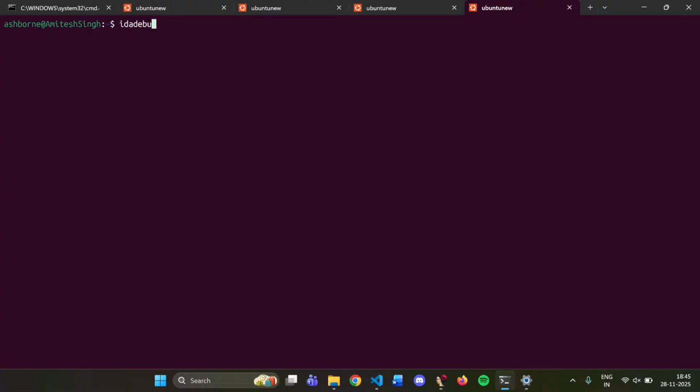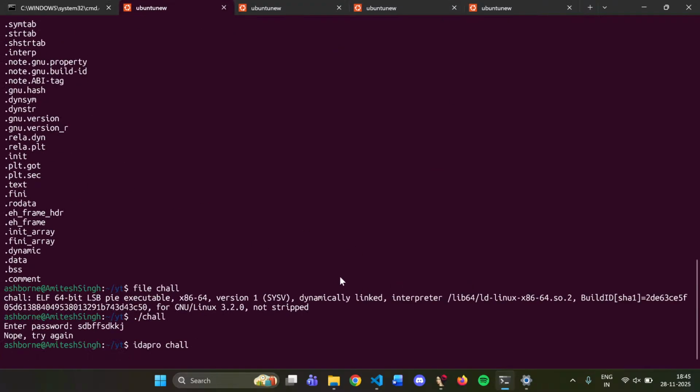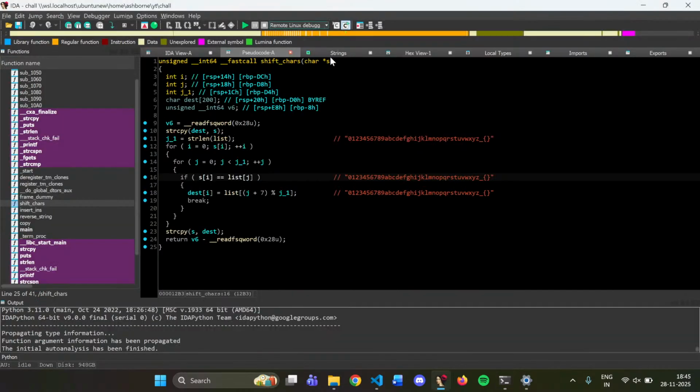Since I'm on WSL, I have to note this: with Windows it will be affected, but if it's Linux and Ubuntu, you can directly do it remotely. And then if I run it locally,